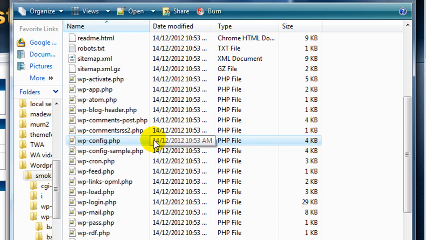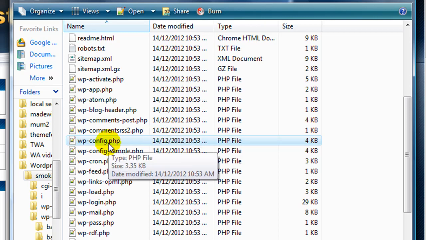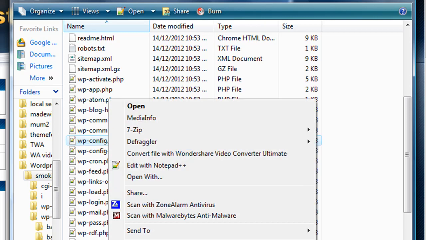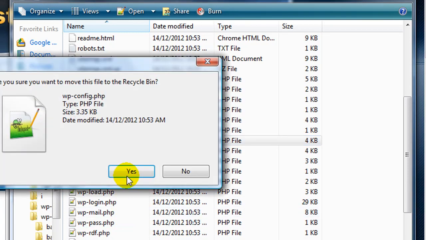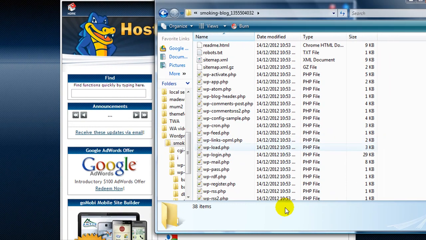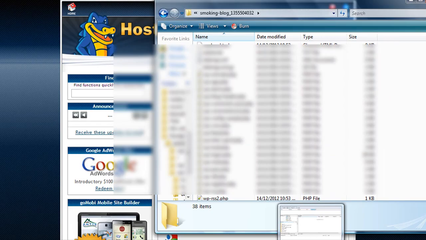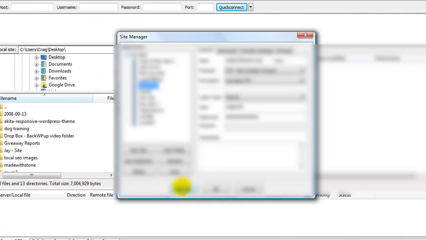Now I'm sure that sounds confusing, but just delete WP config because you do not need it. So I'm going to delete it. I'm going to click yes, and now I'm going to open up FileZilla. Now I'm going to connect to my hosting,